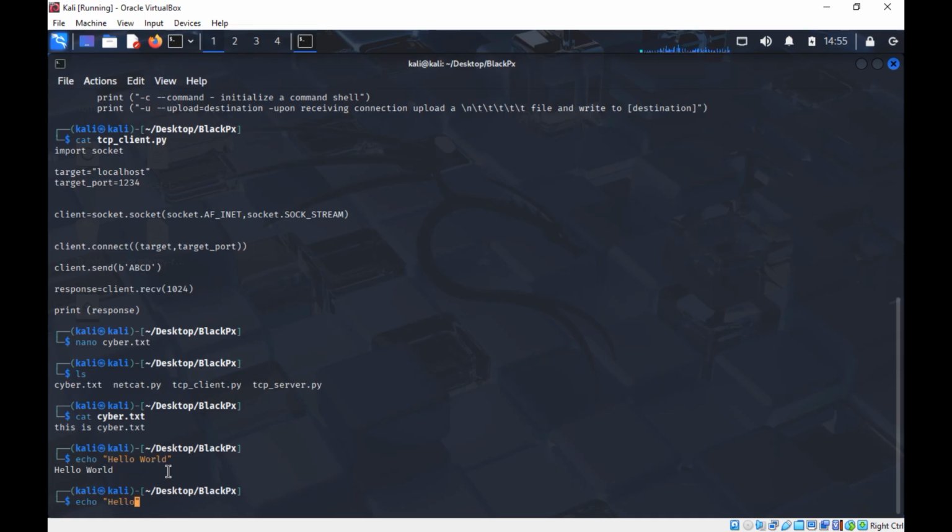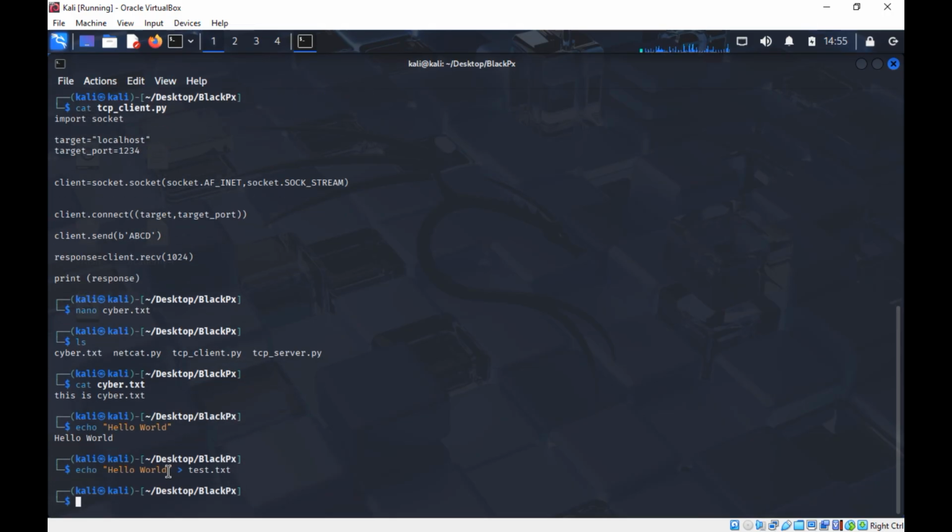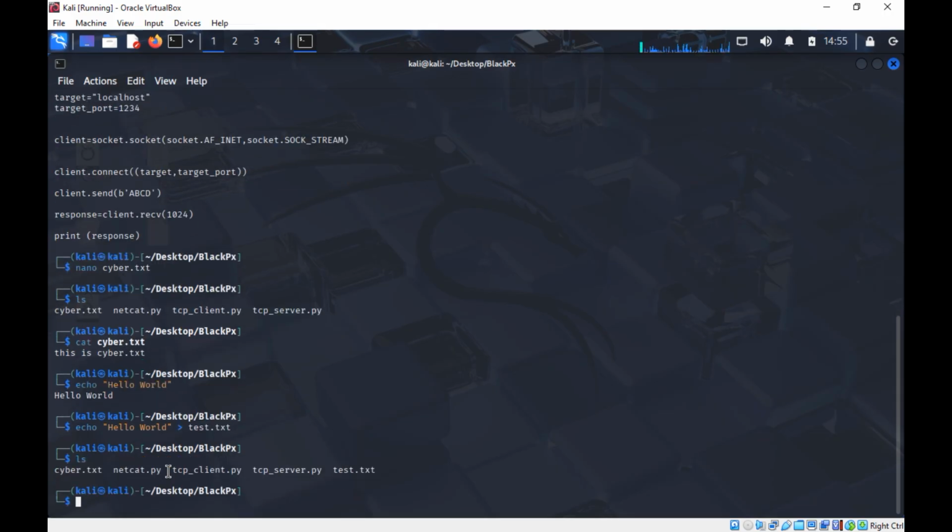So hello world, and then I'll use the greater than sign. The greater than sign is used to show where I want the output of the command on the left to go. So I want it to go to test.txt, which means I won't see any hello world on the screen. I'll just see nothing. But test.txt has been created. You can see it over here. Yeah, so now if I view test.txt,